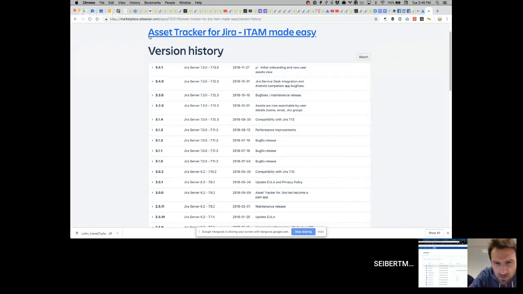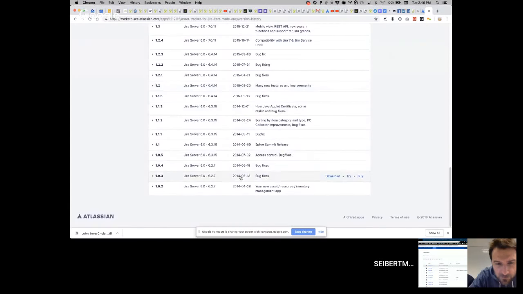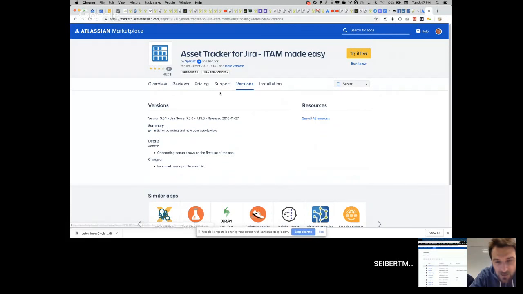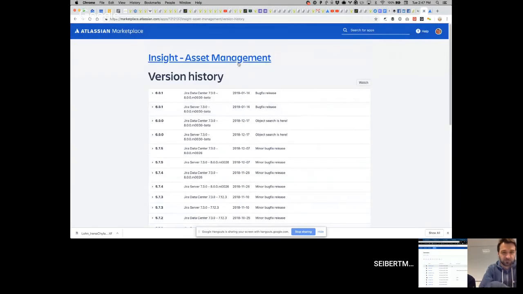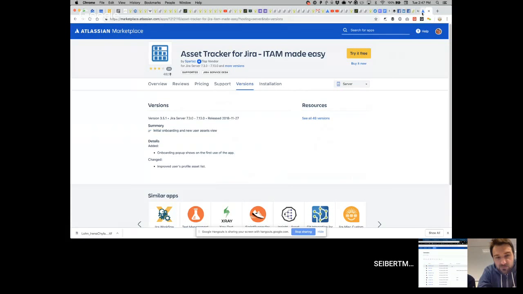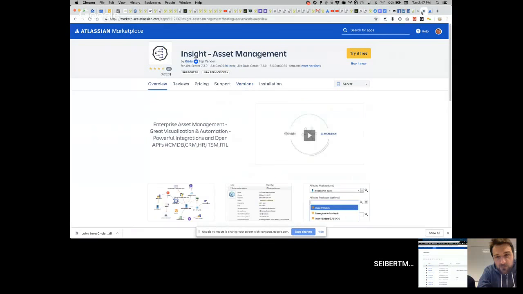I did the same thing for Asset Tracker for Jira. Like, this is your app, right? And you already started in 2014, and you already have 49 versions. So yours seem to be out there for longer, right? You do have 500 active installations, and they do have 3,000, I think. Yeah, 3,050. Their reviews are slightly better. Why is that? Like, it looks like you're out there for longer, but they seem to be more successful. How do you explain that?